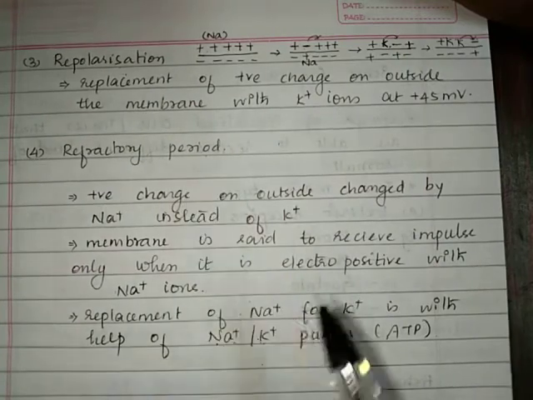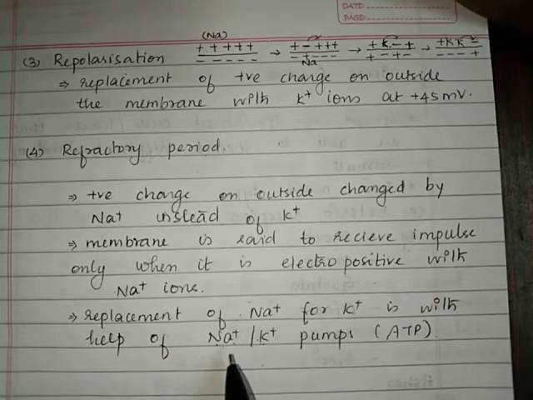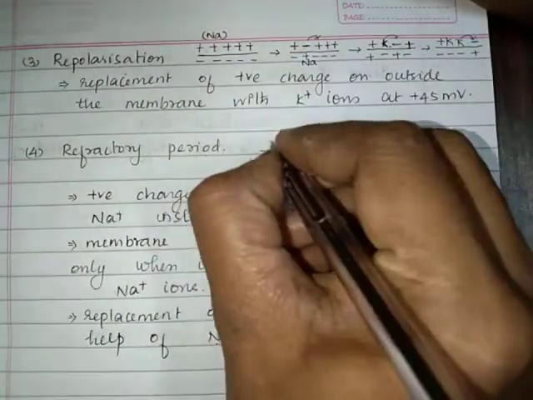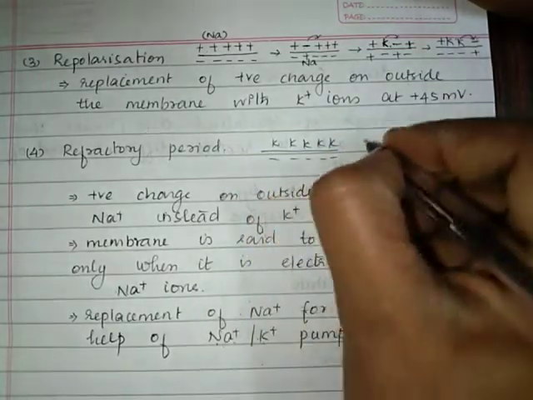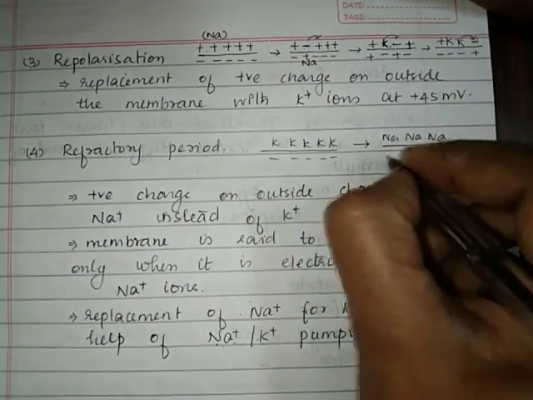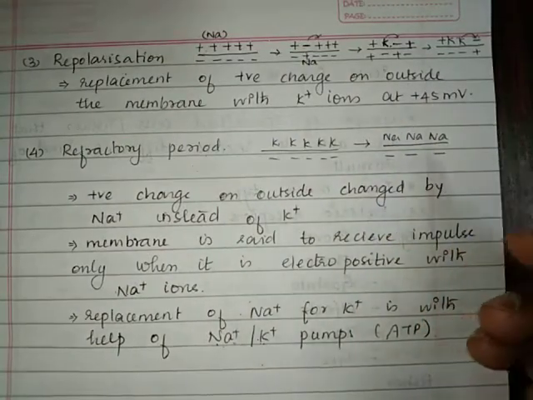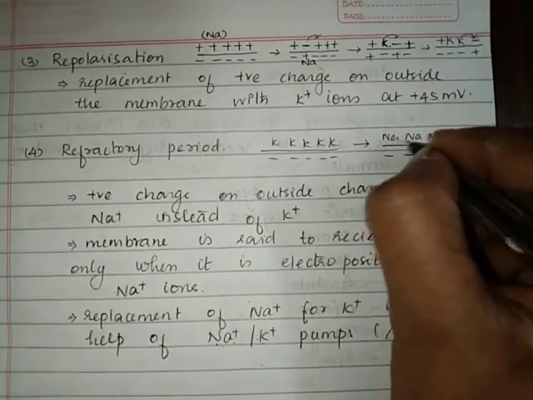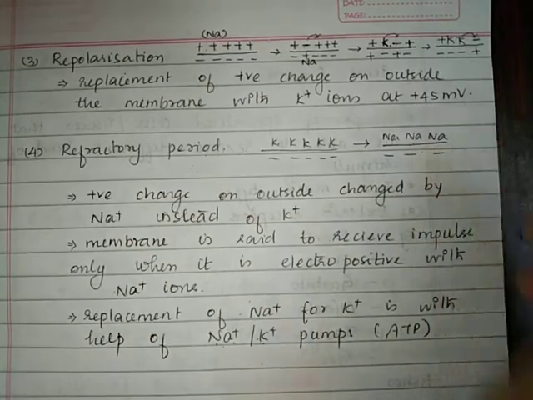And within this refractory period, the potassium ions in the repolarized membrane are going to be replaced by sodium ions. So now again the membrane has been replaced. So this membrane, which was all potassium ions finally, is replaced with sodium ions again after the refractory period. The time taken for this replacement is the refractory period. So now this membrane is said to be the polarized membrane. Only if sodium is present, the next impulse can be received. So now this membrane is ready to receive the next impulse.